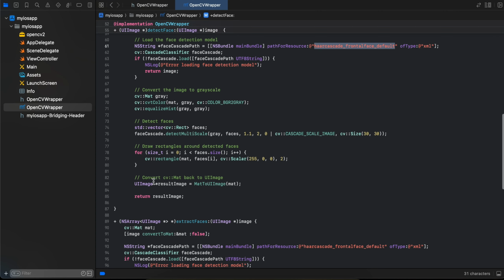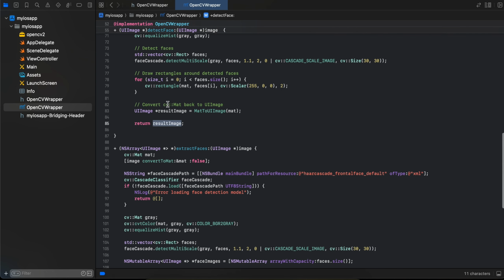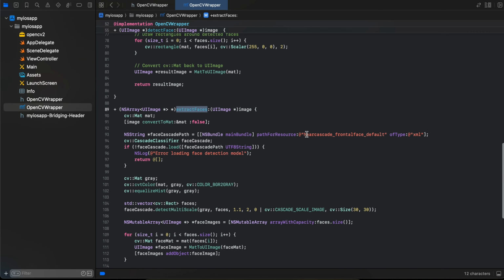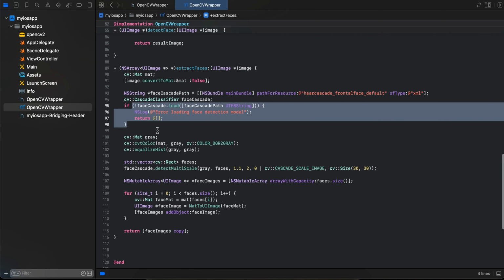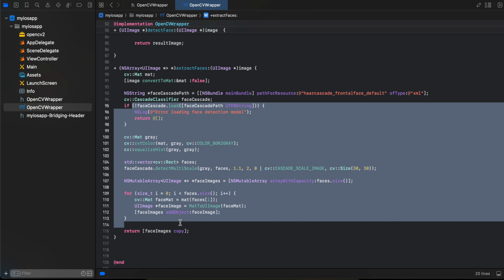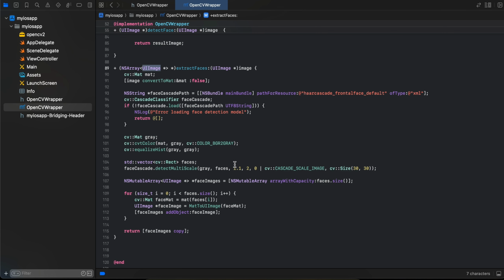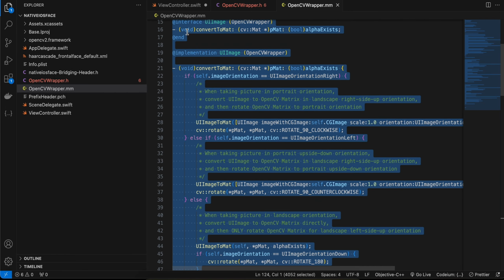Once it detects a face, it's converted back to a UIImage from Mat and returned back to us, and for this it is basically extracting the faces. Again we will be creating this file shortly, and here we are basically copy pasting everything, like I have just copy pasted it from the documentation. It returns an array of UIImages for us. So if there is a photo with multiple faces, it will return an array of faces for us. All right, then